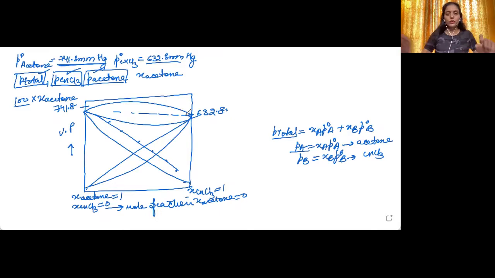Okay, so let us now move into the calculations, and I will draw some of the points or one or two curves so that you can understand how to take the points and all. For that I'm taking up one paper so that I can note down the values that we will be calculating. Now the partial vapor pressures of acetone and chloroform have already been given to us. So I'm just directly drawing the curve.